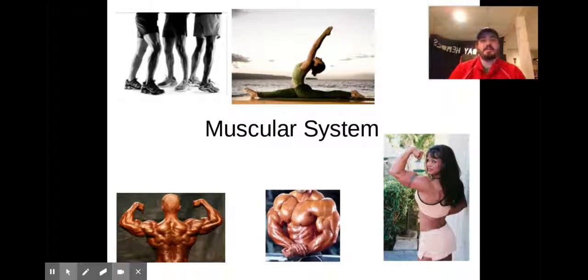And in this lesson, we're going to start off by talking about the muscular system, how it's organized and how it works at the cellular level and the breakdown of muscles. So definitely pay attention, follow along with your notes as we go through. And it's going to be key to understanding as we get more into the bigger picture of muscles and how